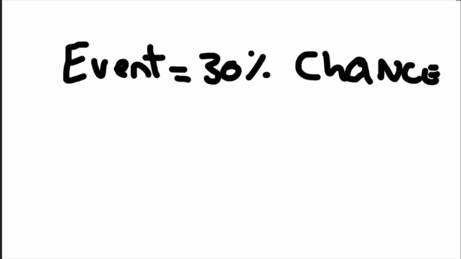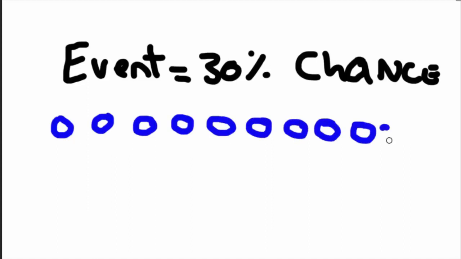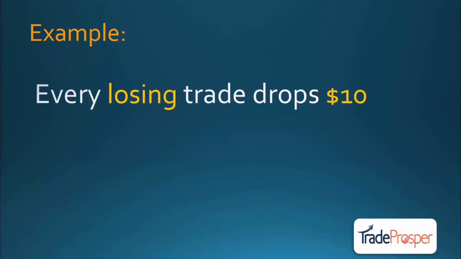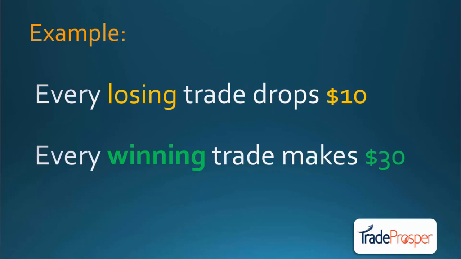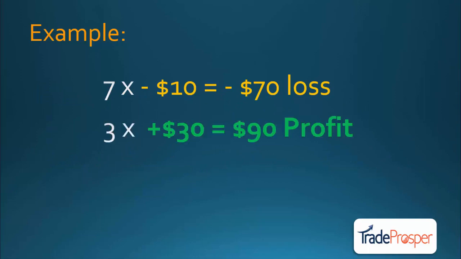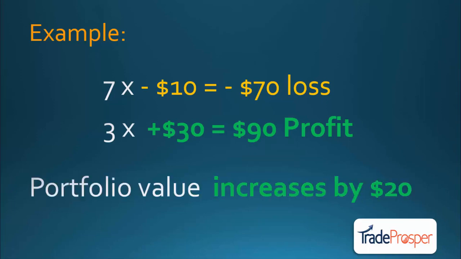So a quick and simple example of this is, let's say you're correct only 30% of the time, right? So you're trading, and out of every 10 trades, we'll expect you to lose 7 of the trades. So with proper risk management, let's say you lose $10 every time you lose a trade. And on the ones that you win, you're going to win $30. Now you can see if you have 7 trades losing $10, it loses $70. But the 3 trades making $30 profit makes a profit of $90. So collectively, your account will be up by $20.